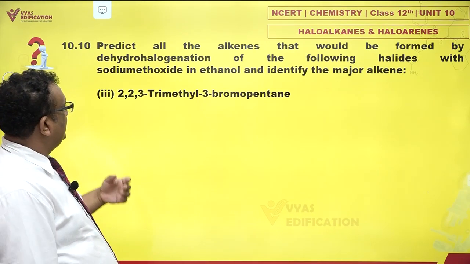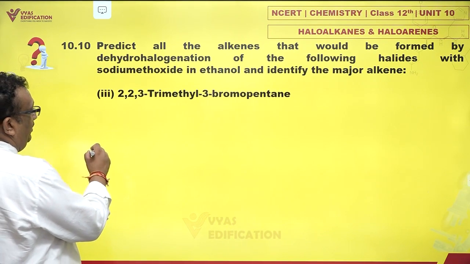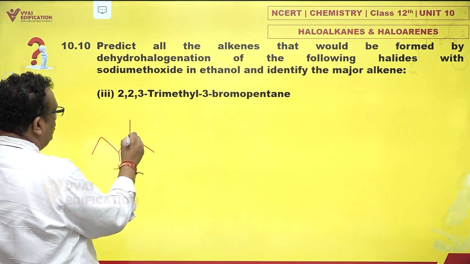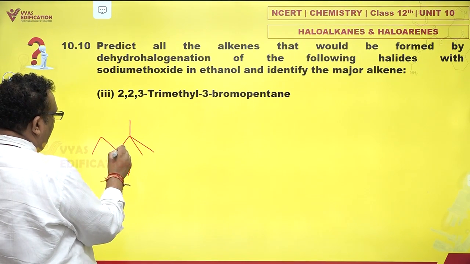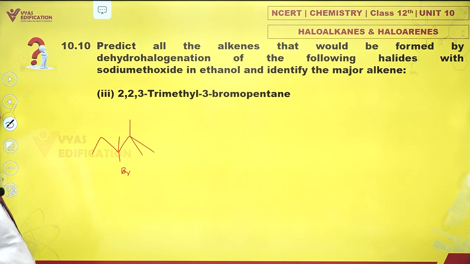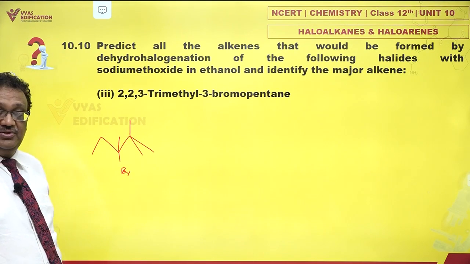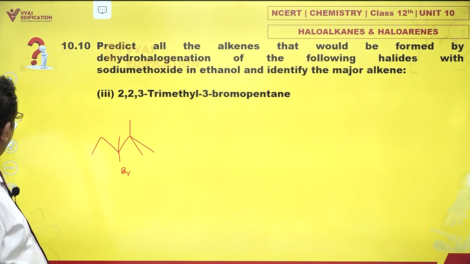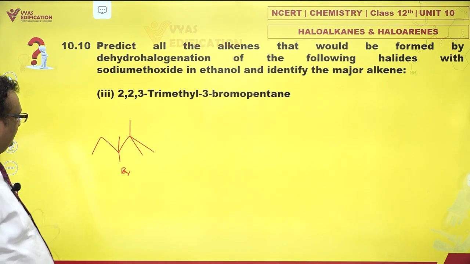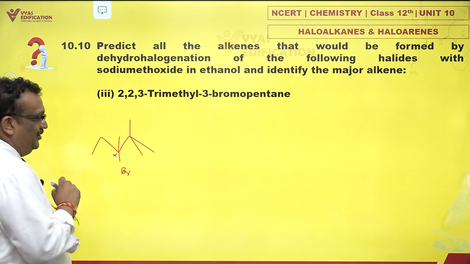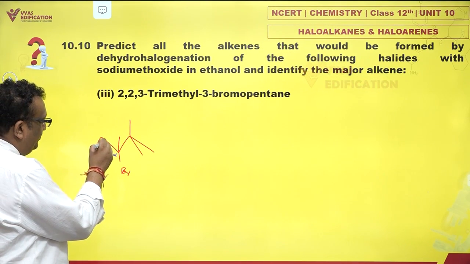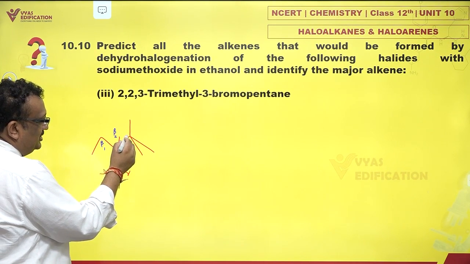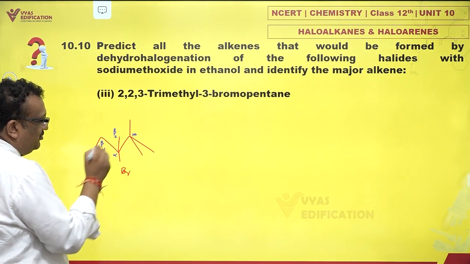Now the third part. It says, well, we have pentane, 3-bromo, 2,2,3, trimethyl. Okay. This is the structure. Very interesting. Now, let's identify alpha and beta. This is alpha carbon, right? So this is beta 1, this is beta 2, and this is actually, you could say beta 3, but there